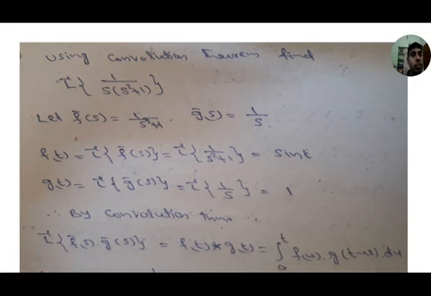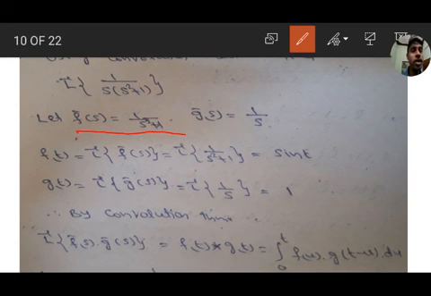Here I am taking f bar s equal to 1 by s square plus 1 and g bar s equal to 1 by s. Means we need to take the simpler function as g bar s, the second function, and f bar s equal to the more complicated function. Otherwise, vice versa also it will come. If you take it this way, with the simpler function as g bar s and the other function as f bar s, the integration is easy. Here I took f bar s equal to 1 by s square plus 1, g bar s equal to 1 by s.